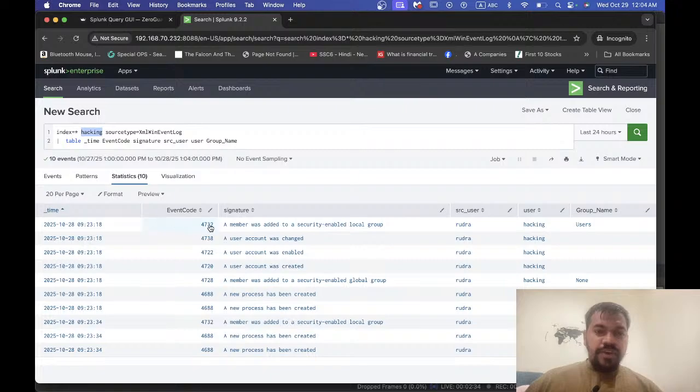If you see the events, you can see the account is created, enabled, changed, and added to different local groups and global groups. You can see the main event which triggered for the activity is the creation of the account, and then later that account was added to the admin group after a few seconds. So now let's say we have a use case where we want to investigate privilege escalation, and